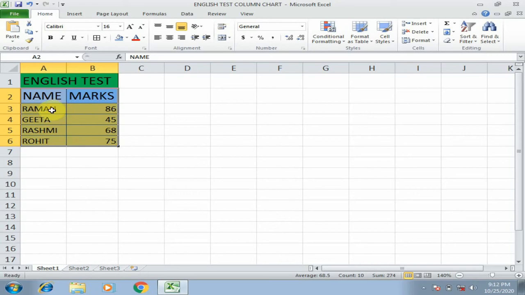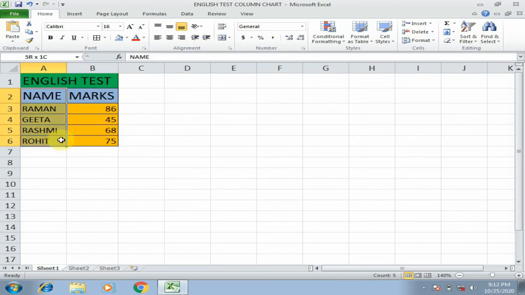That means marks of Raman is 86, marks of Geeta is 45, marks of Rashmi is 68, and marks of Rohit is 75. So now students, I am going to insert a chart by using this data.